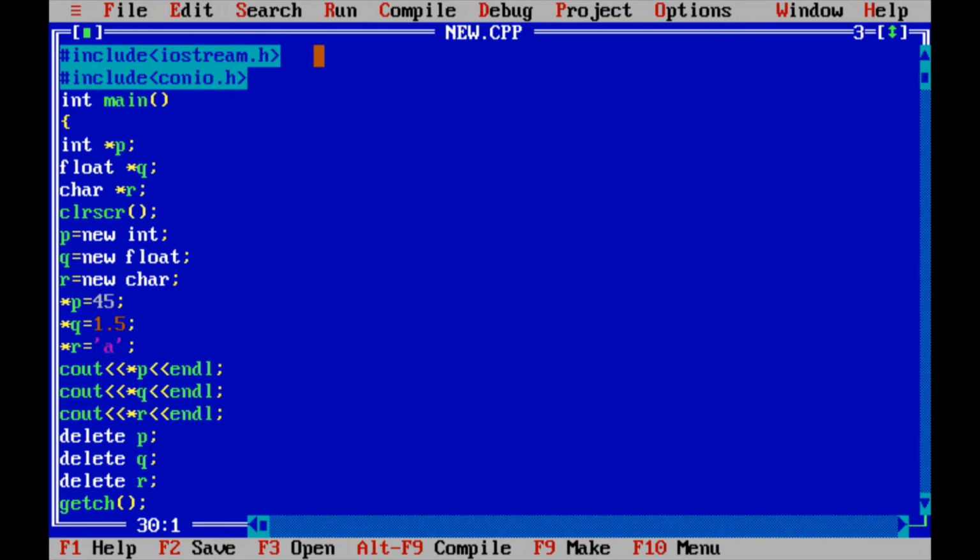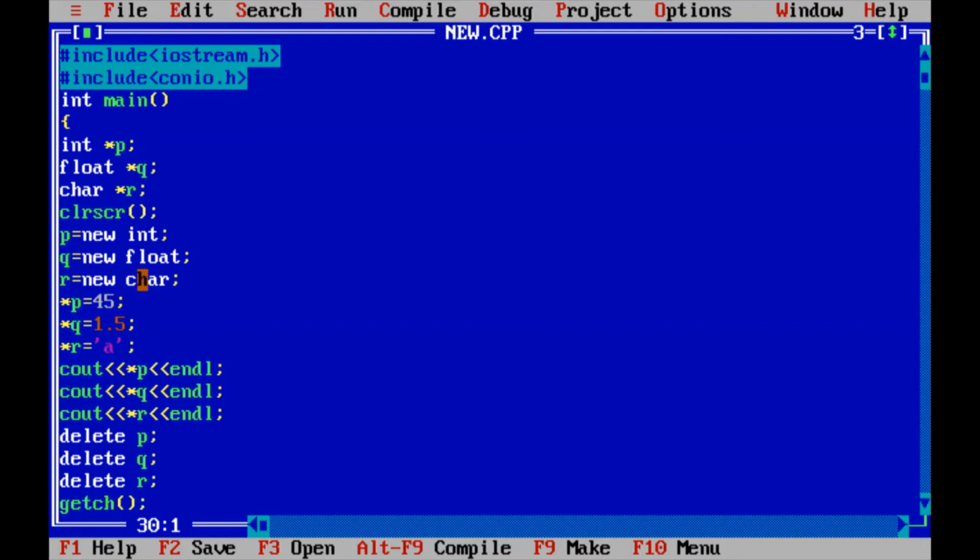Here my program is using the memory management operators new and delete. I have included the header files iostream.h and conio.h. The purpose of conio.h is that in this program I have used the clrscr and getch functions.